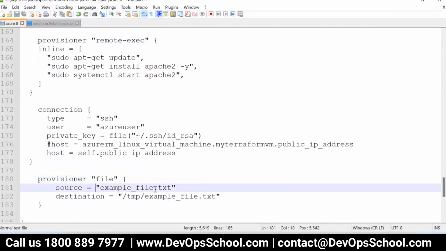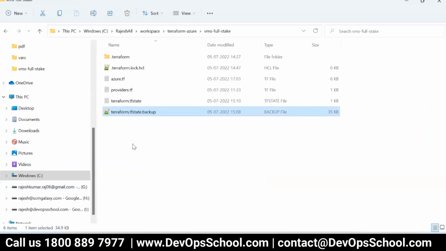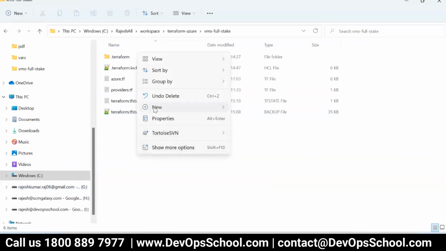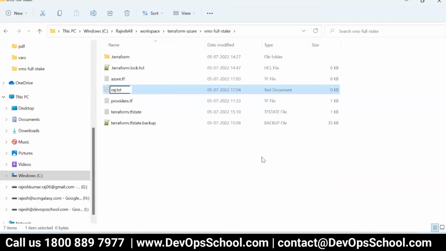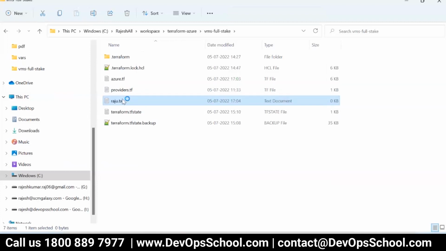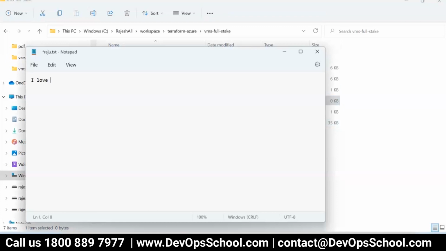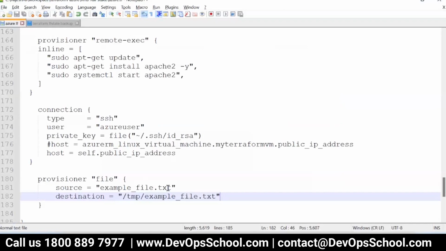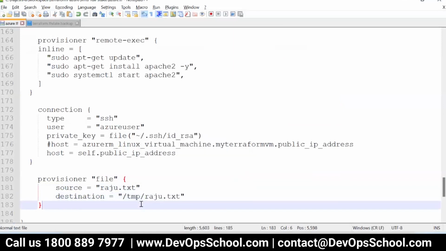What file? So which file? This file I have to copy to where? TMP location. So which file am I to copy? So I'll create one file here just for the demo, raju.txt. And here I will write in this file, I love Terraform. Done. So this file I am going to keep as raju.txt. And here it should be available in the TMP folder. So now nothing great I'm doing. Again, I'm just teaching you what functionalities are available, but use cases I'm not discussing right now. Okay, so use cases we can discuss later also, but you can visualize if you are looking at the problem.